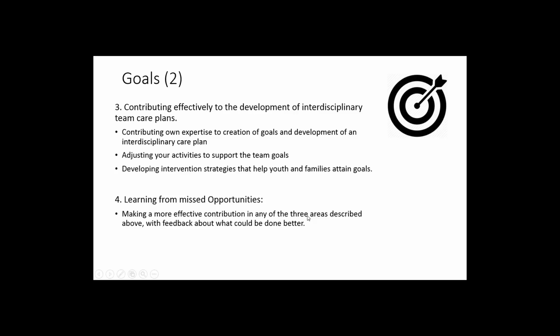Of course. Thank you. The third goal is around contributing in a positive way to the development of interdisciplinary team care plans, which we define as an agreement between the youth and family and team regarding outcomes to be achieved and the activities to be pursued in support of goal achievement. The behaviours we'd be looking at are contributing our own expertise to the creation of goals and the development of the interdisciplinary care plan, adjusting our profession's activities to support the team goals, and developing intervention strategies that help youth